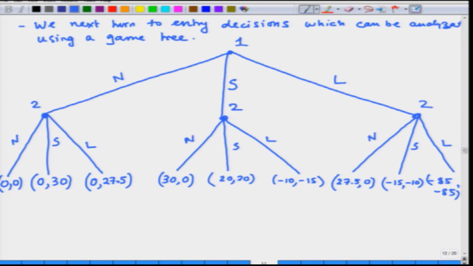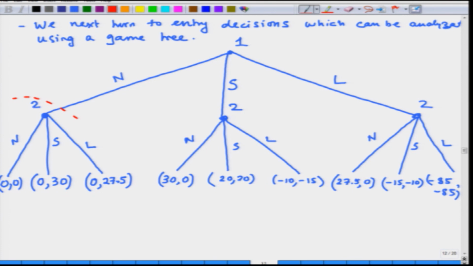So, let us start with this sub game. Well, in this sub game, suppose firm 1 decided to not enter at all. What would firm 2 do? Well, firm 2 essentially is comparing between not entering, it gets 0, choosing a smaller capacity, it gets 30, whereas